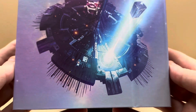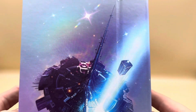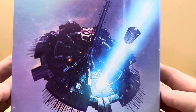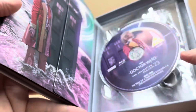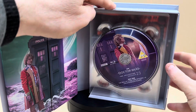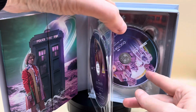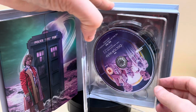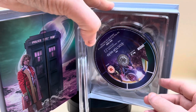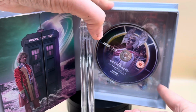So season 23, and here we have on the back the great big space station and the TARDIS being pulled in. Always love the wonderful artwork on these boxes. We go on to the interior, and again, as ever, it's just occurred to me that I haven't necessarily checked that I've put all the discs the right way up, and obviously I haven't, but you can see there each of the discs, wow, amazingly not the right way up, do have their own individual artwork,